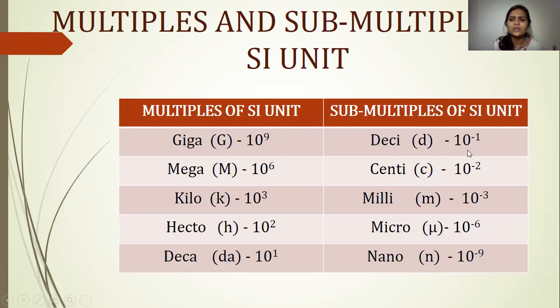So what did we see towards the left hand side? That the exponent was written as it is. It was positive. There was no negative sign attached to it. But when we come to the submultiples, what do I see over here? All the submultiples, the exponents which are written on them, are written in negative form. Okay, so there's a reason. Let's try to understand that.